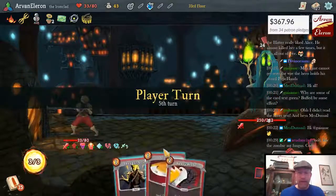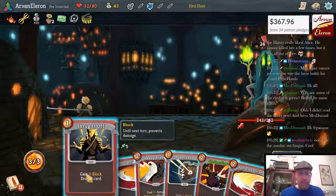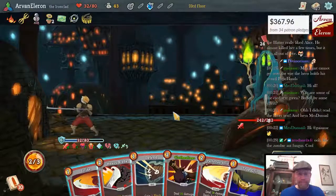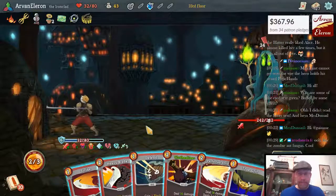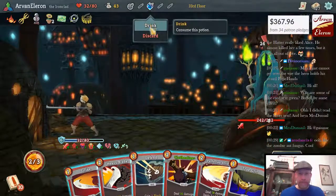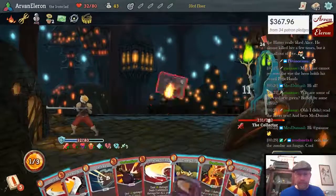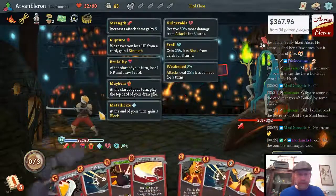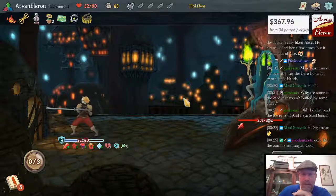Yeah, I don't know. I don't think the deck's going to work unless I can build up faster. Which, you know, I definitely need more defense. Drink my Swift Potion and see if I can get anything else here. 5 block. Okay. 14. So he's going to end up doing 10 points of damage to me, which is not terrible, but